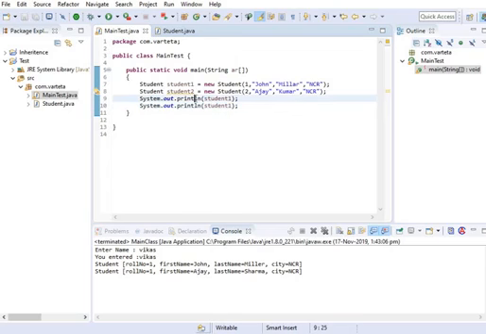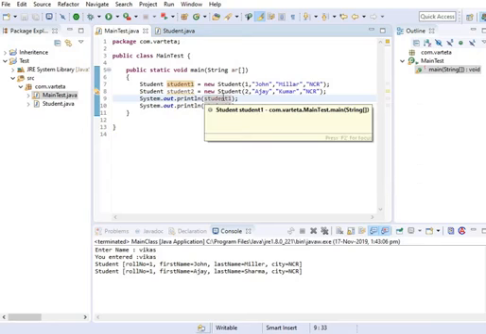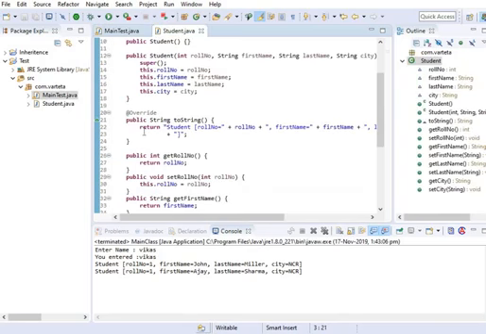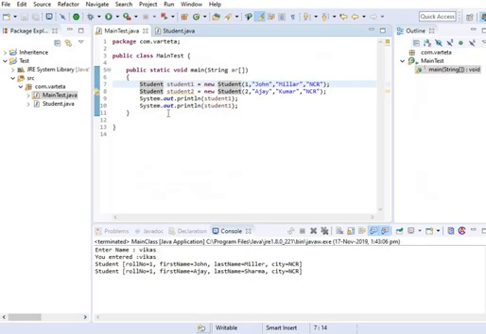when I'm calling sysout, then it will call the toString method of the class. Here I have already defined the toString method, which prints all the properties of the object. While I run this program, let's see what will happen.